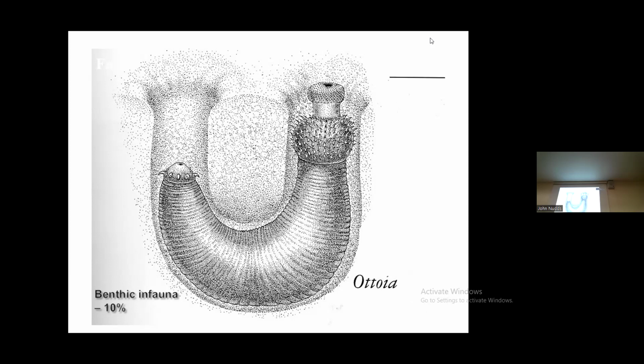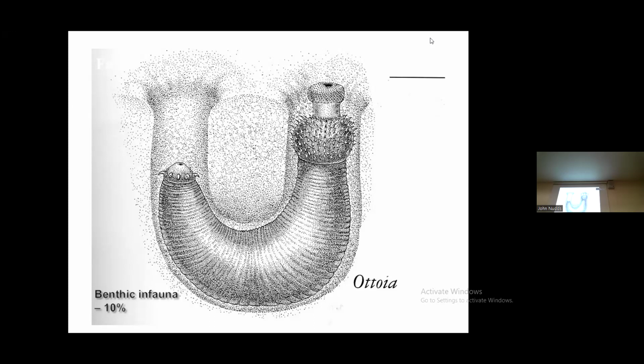And this one, Ottoia, is one of the most common at Burgess. It's usually found in a U shape, and so it's assumed that it lived in a U-shaped burrow. This is the mouth surrounded by these vicious hooks, and a proboscis also surrounded by hooks. And these were very vicious animals. They could shoot out of their burrow, catch their prey, because these were predators, and then go back into the